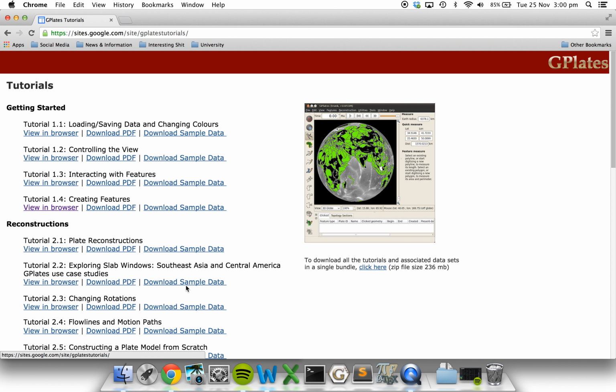And so what we have here, we can see all our information under the current feature column on the right. And you can see the type is a mid-ocean ridge. It's the Gulf of Mexico Spreading Center, that's its name. The plate ID is 101, which is from North America. And it started about 150 million years ago, and it's gone to the far distant future, so it's still around